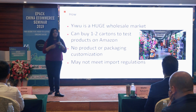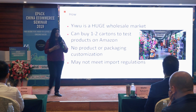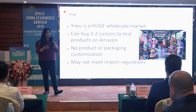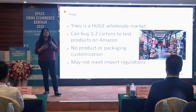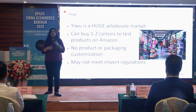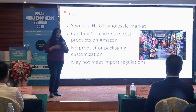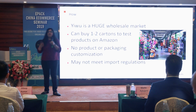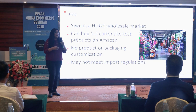So you might not find the highest quality of products. So some products you don't want to source from SH, like food items or chemicals or anything that is high risk. You don't want to source from there. Anything with like batteries, power banks, stuff like that, you don't want to do that from SH. But you could do like gift items, household products, cutlery, decorative party supplies, stuff like that. That's pretty good for SH. And the advantage is that you can buy